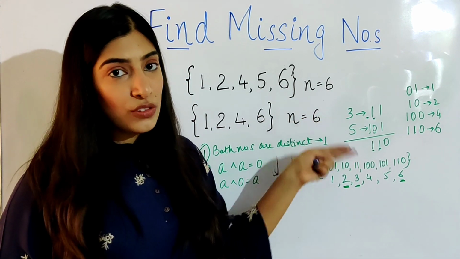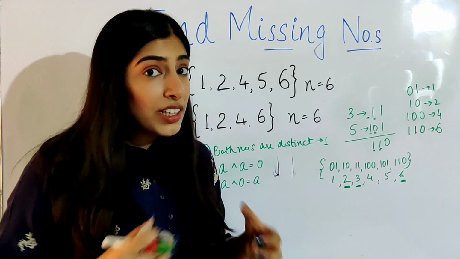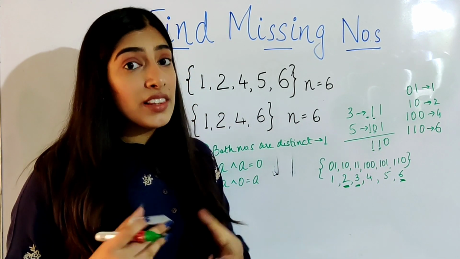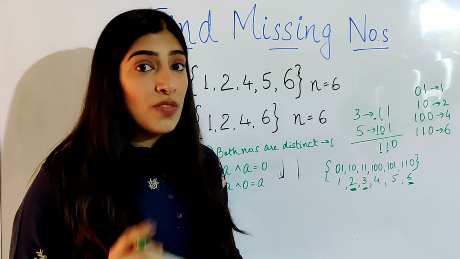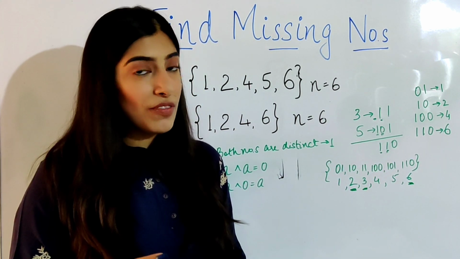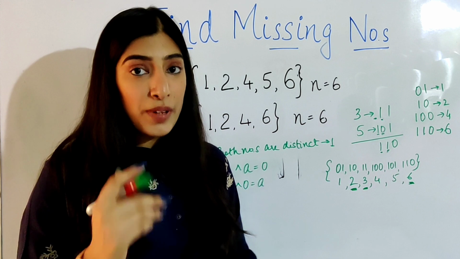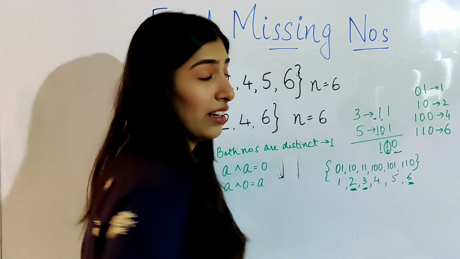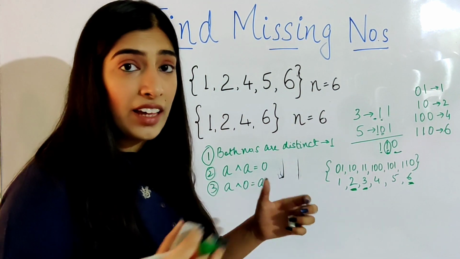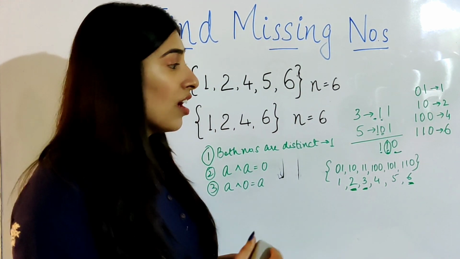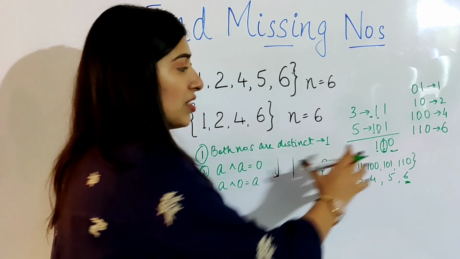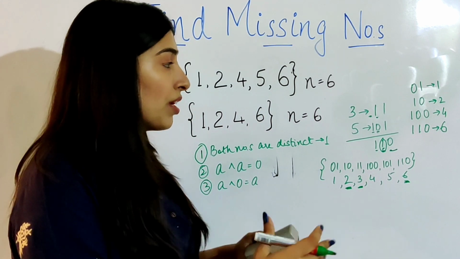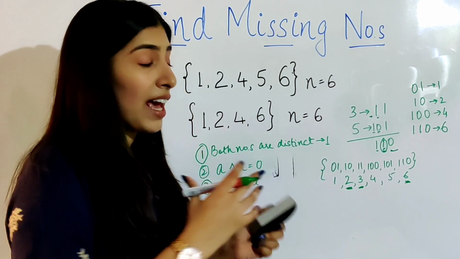Since two different numbers are missing from the array, the resultant will never be 0. So there will be at least one bit in the XOR value which will be 1. So we find the first bit that is set. That is, we go from the right and find the first bit which is set, and we divide the entire array into two parts. One part will have all the numbers which have the bit at the second place as set, and the other part will be all the numbers which have the bit as unset.